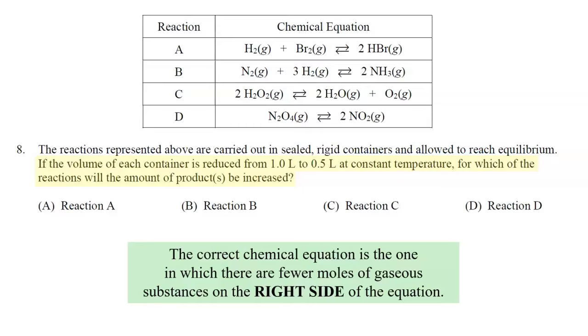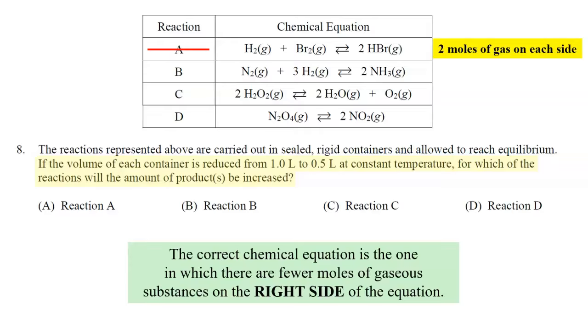So that would mean that the correct chemical equation that we're looking for in question 8 is the one in which there are fewer moles of gaseous substances on the right side of the equation. Now let's go ahead and take a look at the difference for reactions A, B, C, and D. So the chemical equation for reaction A, there's 2 moles of gas on each side, so we can eliminate choice